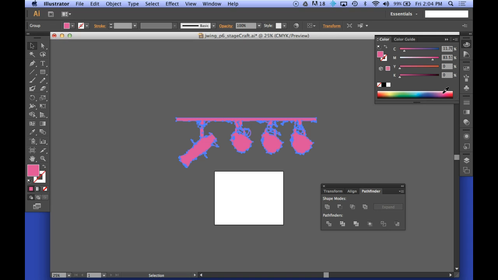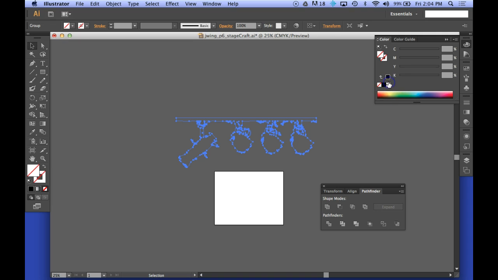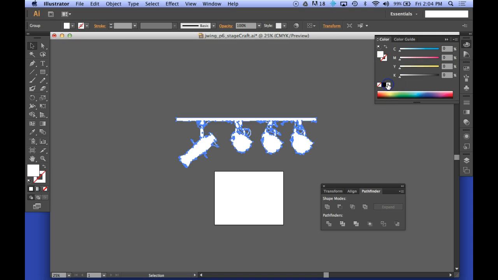But since I want it black, if you notice there's 3 boxes down here. The one that has the line through it means that that color has no value, or that shape has no value. It's empty. The one right next to it's black, so I'm going to click on the black one. If you do this and you don't get the result, in other words, if you click on black here